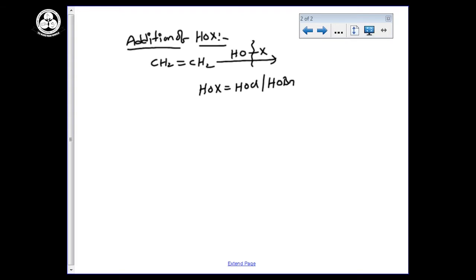Just break the bond here. Just think which is minus and which is plus. Oxygen is most electronegative. This is minus and this is plus. Follow Markovnikov rule and tell me the answer. Markovnikov rule we are following, so we are adding here, no problem. Why? Because the given alkene is a simple alkene. OH you can add one side and you can add halogen on the other side, that is X.